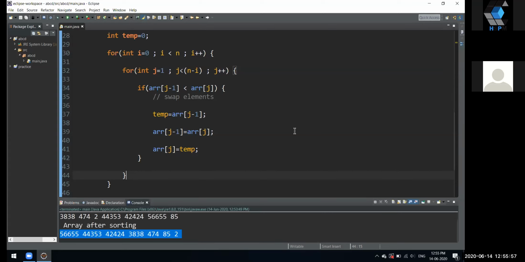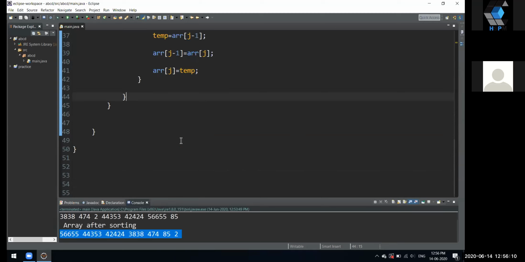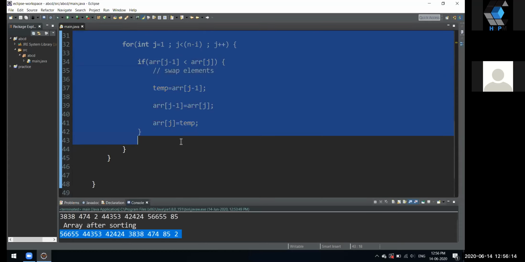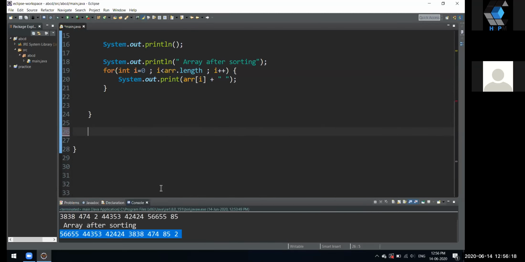Now we'll move into other sorting algorithms. We'll see one more sorting algorithm. Which one should we see? Let's see insertion sort now. Insertion sort is a little bit one step ahead of this. I told you, why do we have all these different algorithms?